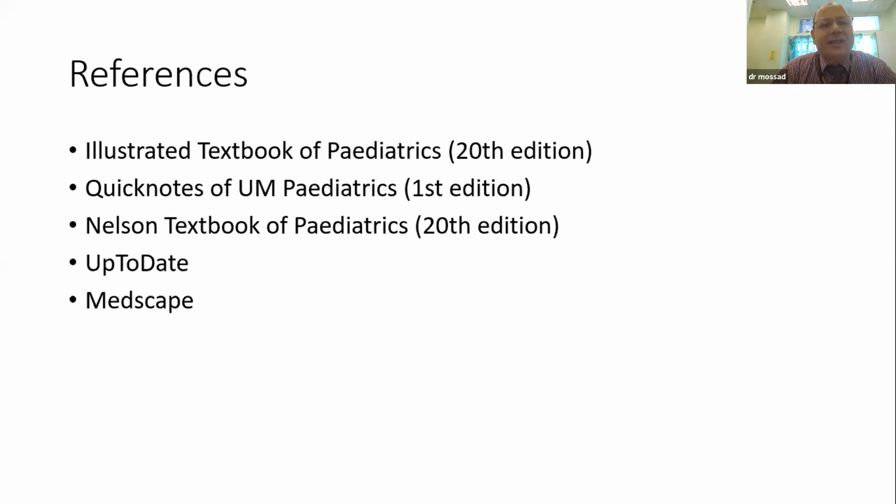DMSA, so we are searching for fibrosis. Repeated UTI will cause fibrosis of the kidney, and this fibrosis will decrease the kidney volume, and with time the patient can go into chronic renal failure. That's why